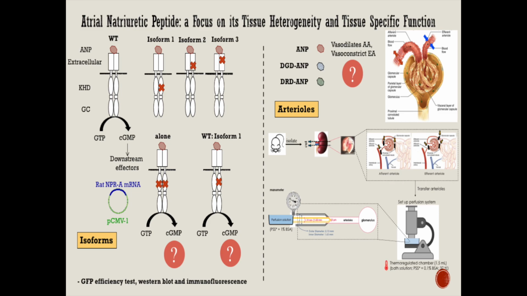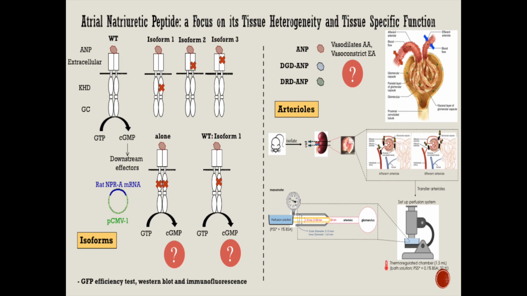To evaluate them, I created these isoforms using plasmid and site-directed mutagenesis, which I then transfected and expressed on the surface of mammalian cell lines. Since MPRA has an intracellular guanylyl cyclase domain, upon binding of AMP, cGMP is produced. Hence, by adding AMP to cells expressing the receptors, cGMP production can be used as the readout.